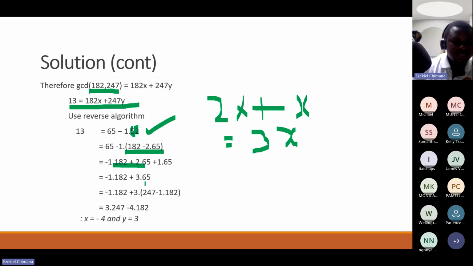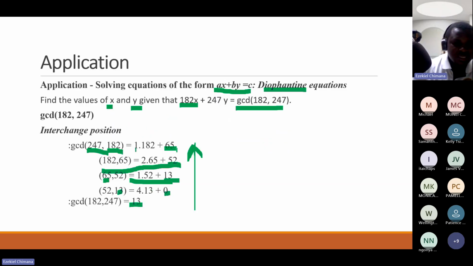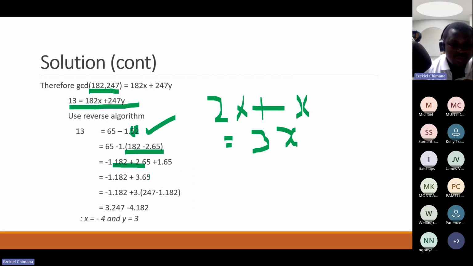So after resolving this, now let's go and use the next step. Next step is this one, and we can make this remainder 65 the subject of formula, which means it's 247 minus 1.182. So we are going to replace 65 with 247 minus 1.182. So you come here, you replace this 65 by 247 minus 1.182. After that, we already have this one, minus 1 times 182. So if you multiply here, you're going to get 3.247, then minus